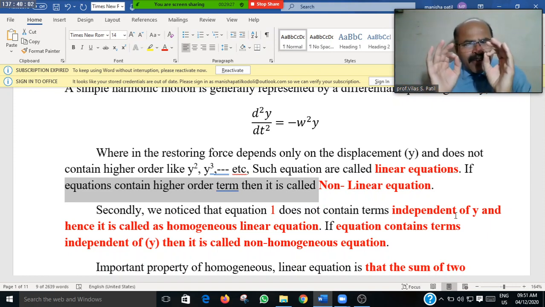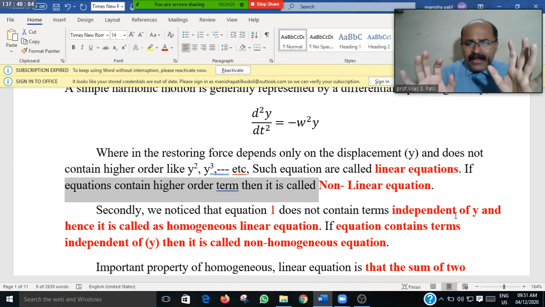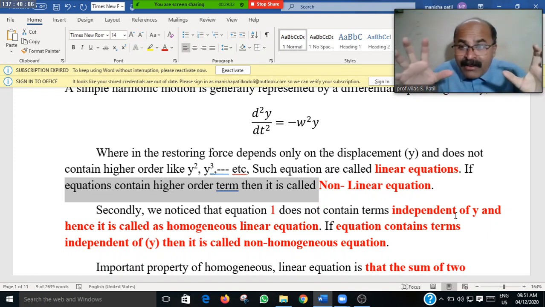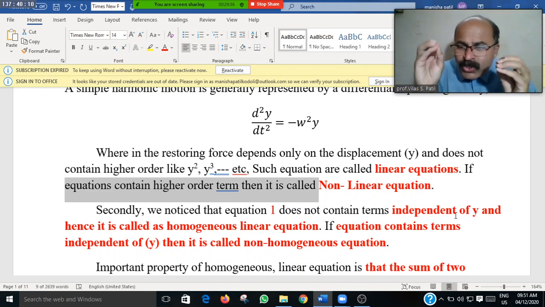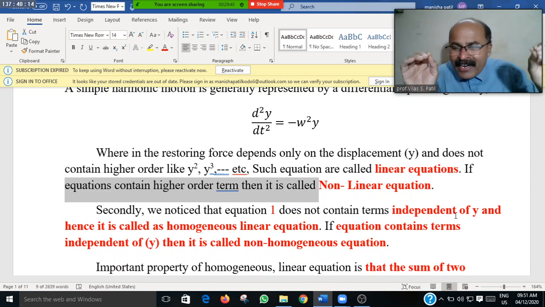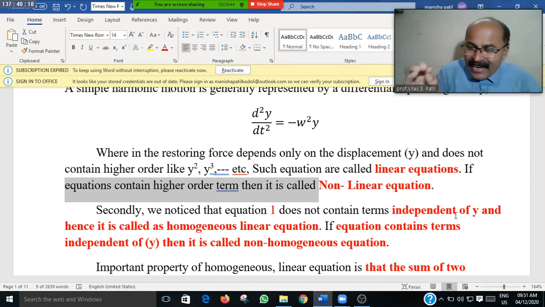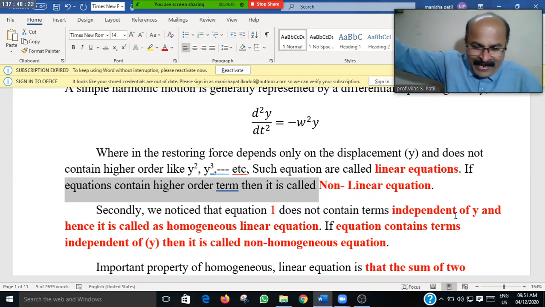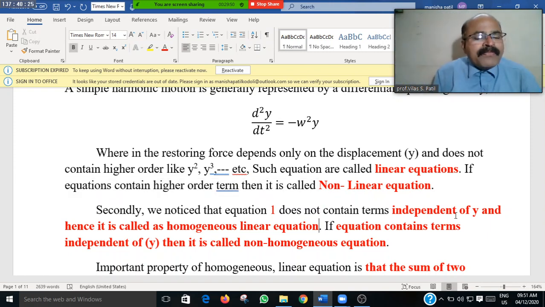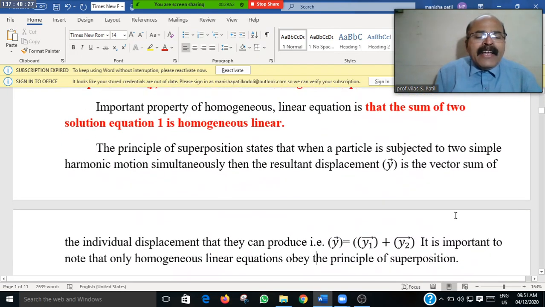This is a very simple comparison between linear and non-linear equations. Okay, next. Secondly, we notice that